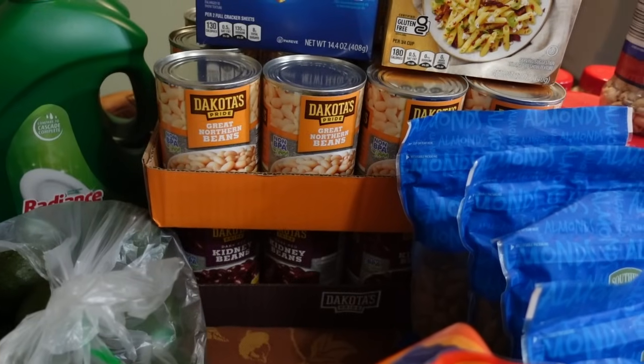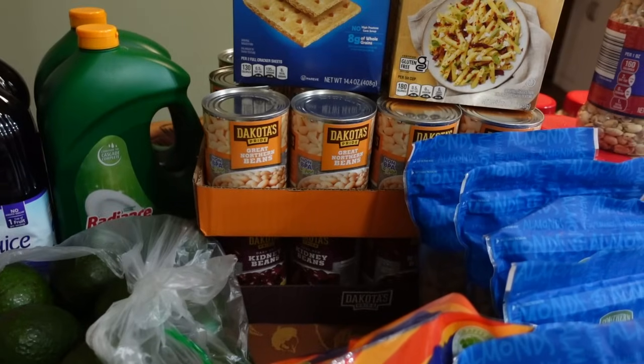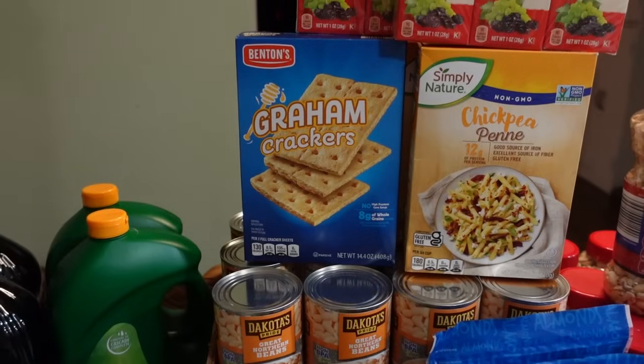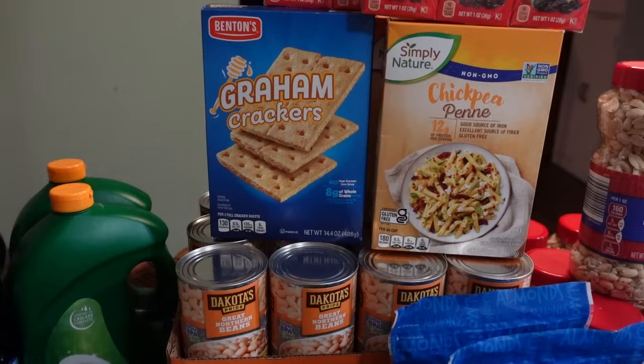And just restocking the pantry. Just keeping these things filled in so I have plenty to last us through the month. Graham crackers, best deal at Aldi. S'mores, we've entered s'mores season. And a box of graham